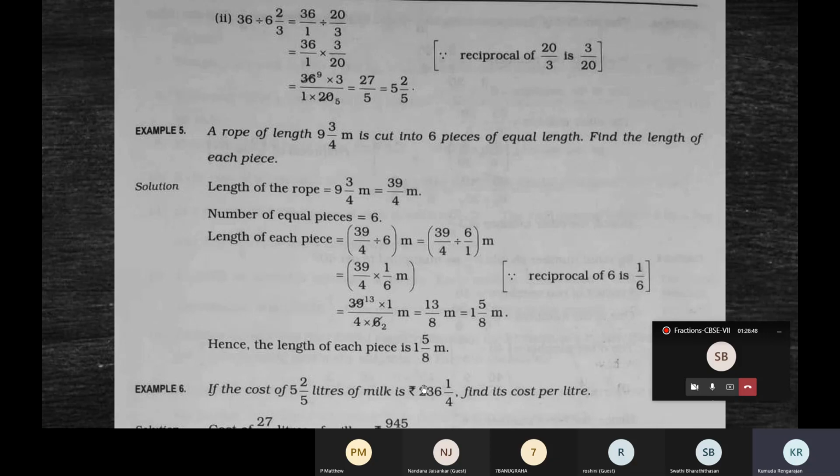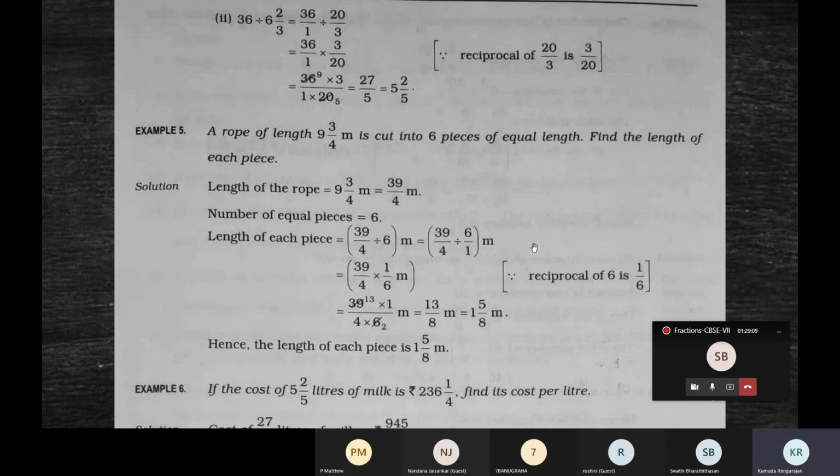The order is important. When you're multiplying, the order is not important. Whether it is 4 into 6 or 6 into 4, you're going to get the same answer. When you're multiplying two or more numbers, the order is not important, because whatever is the order, you will get the same answer.